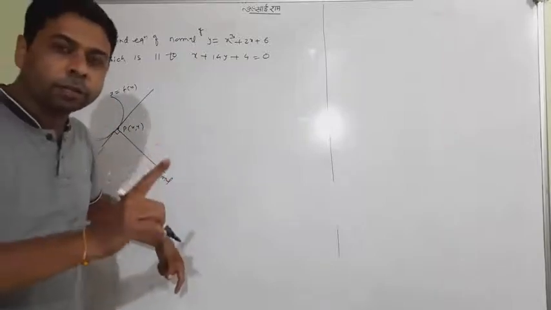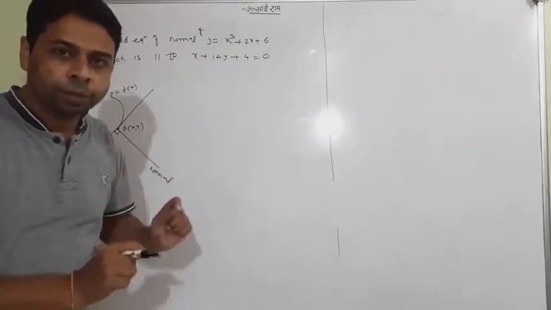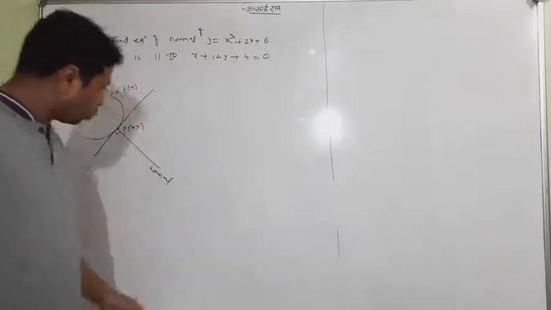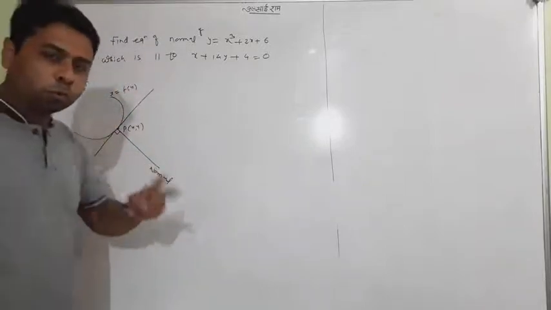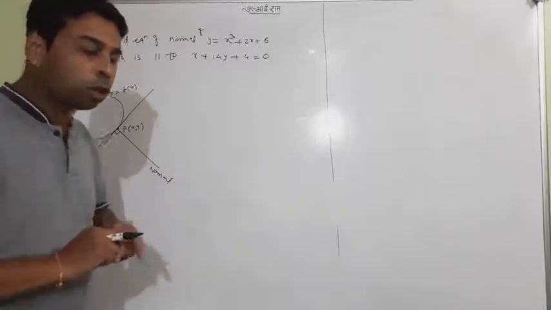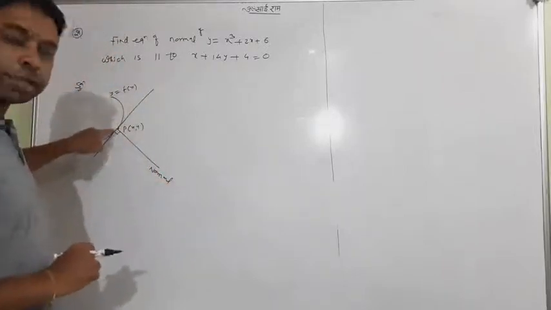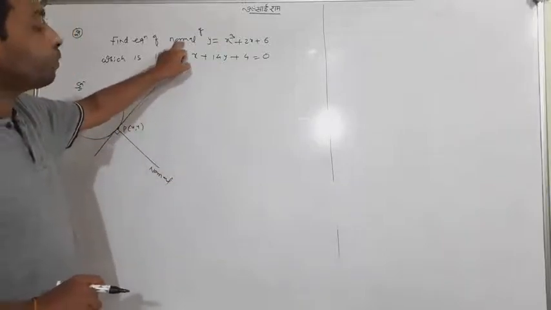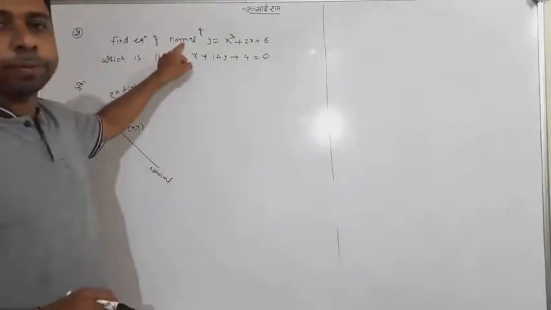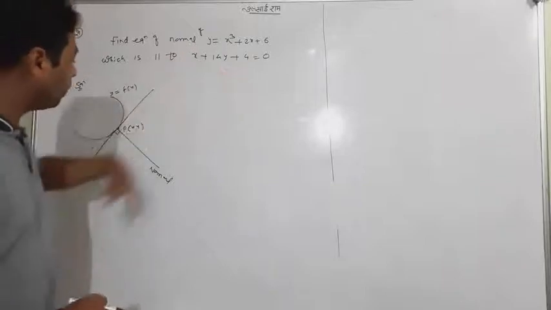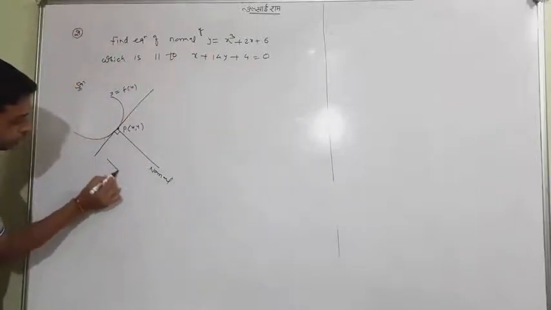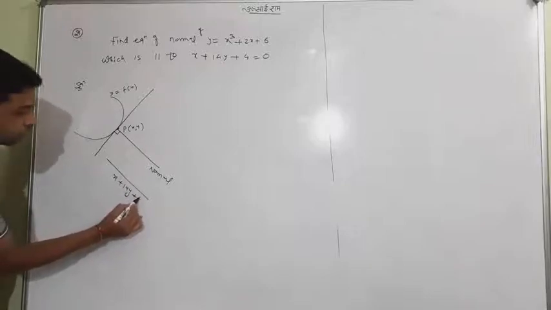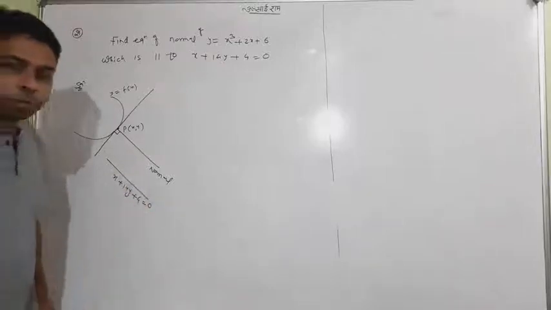I again tell you that the normal is again a line. So we will use again the one point form. What you need here is two things: the point by which the normal is passing, which is definitely P, and also the slope of the normal. It is written here that we have to find the equation of the normal which is parallel to this one, meaning this normal is parallel to this line. Don't get confused, this is a rough structure, but it will give you an idea to make the question.